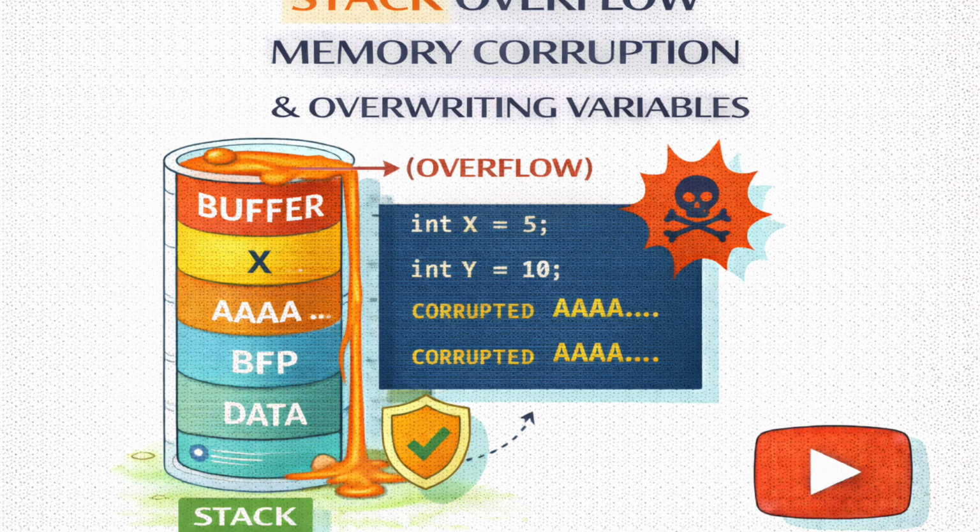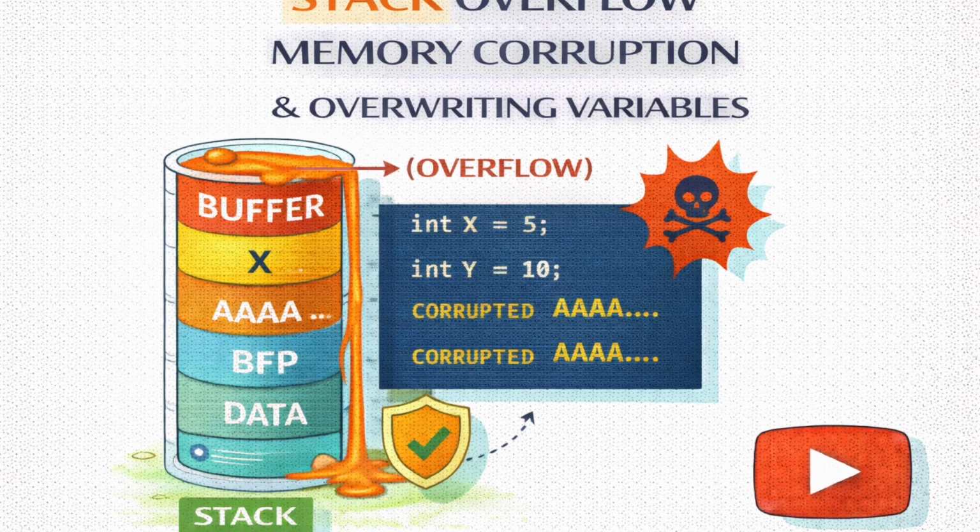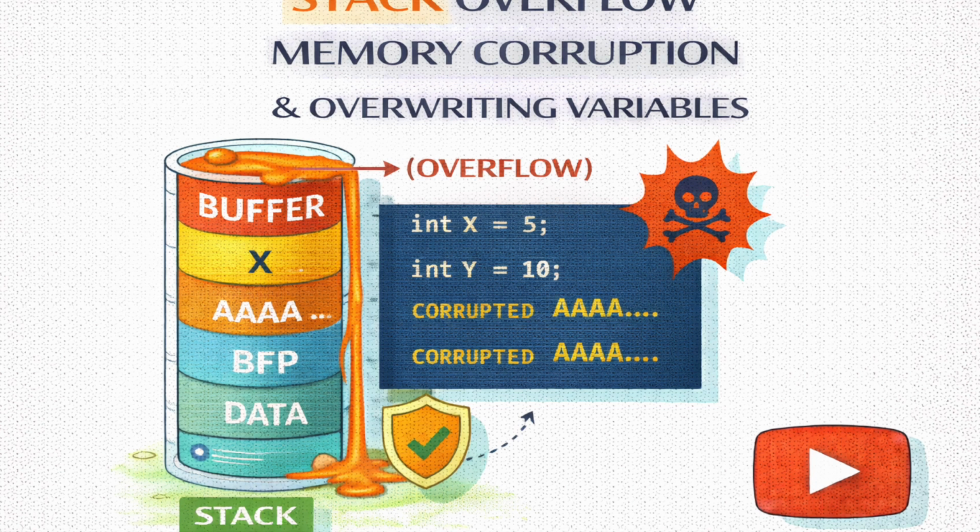Exactly. And here's the logic loophole. In C++, any integer value other than 0 is treated as true. Oh, wow. The letter A has a numerical value. Its ASCII code is 65. So suddenly auth flag is 65. The computer looks at that, sees a non-zero number, and says, oh, this is true, access granted.